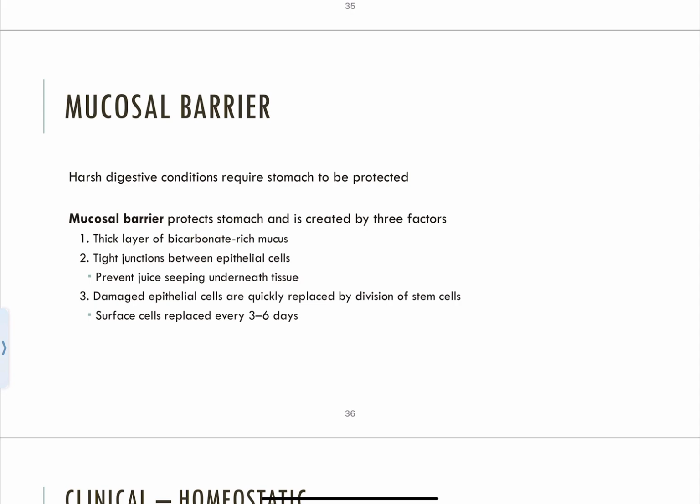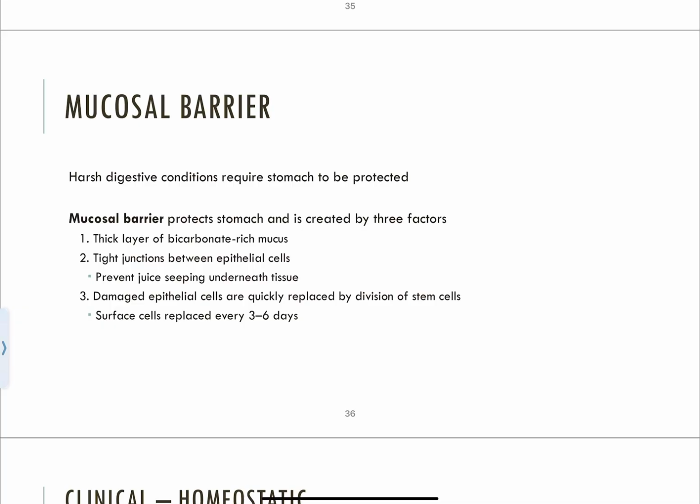One is that the stomach is protected by a thick coating of bicarbonate-rich mucus on the stomach wall. We'll talk later on about the bicarbonate ion. It can act as an acid or a base, typically. So if we have too high acidity, it can bind up the excess hydrogen ions. Another way it helps protect itself is that the epithelial cells of the mucosa are joined by tight junctions. A tight junction is analogous to a Ziploc bag. Nothing can really get in and nothing can really get out, so we're preventing gastric juice from leaking into